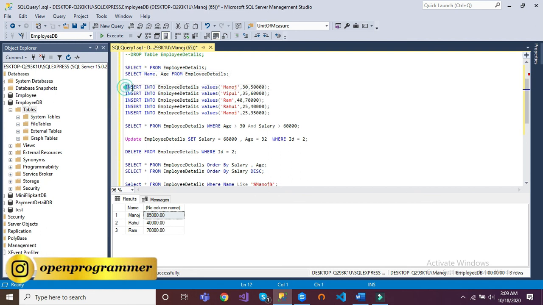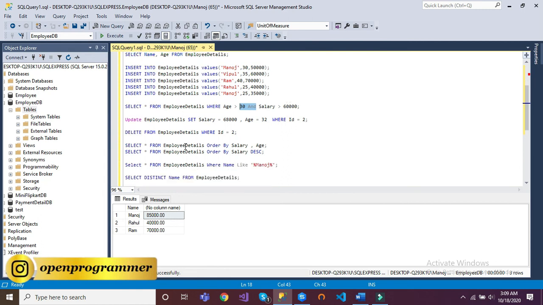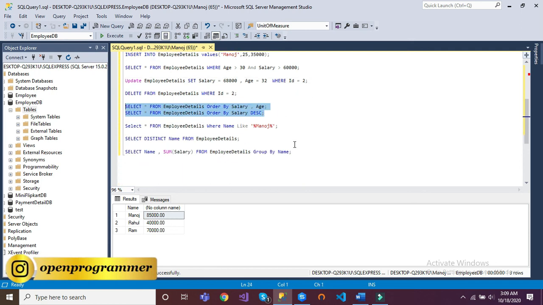And then how to insert records in the table, and then how to filter data based on conditions, and then how to update a particular record, and then how to delete a particular record, and then sorting, ascending and descending order. And after that, if you want to get the similar kind of data, we have also seen that. And then how to get the unique records from a table using distinct. This is the command. And finally, how to group the result set using some fields. So that is the summary of today's video.